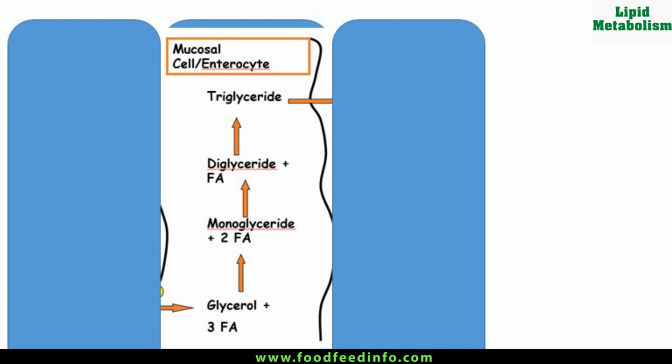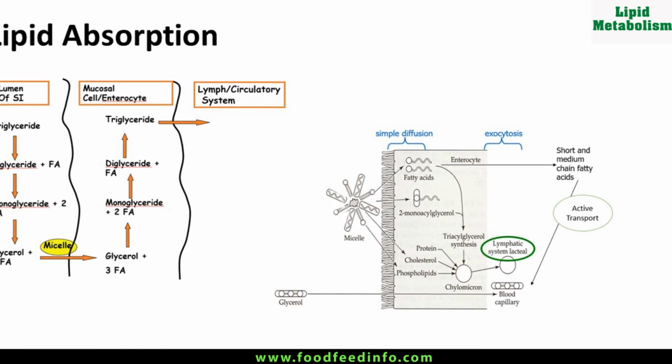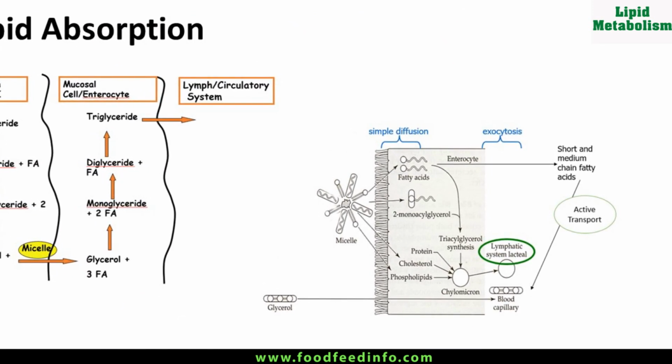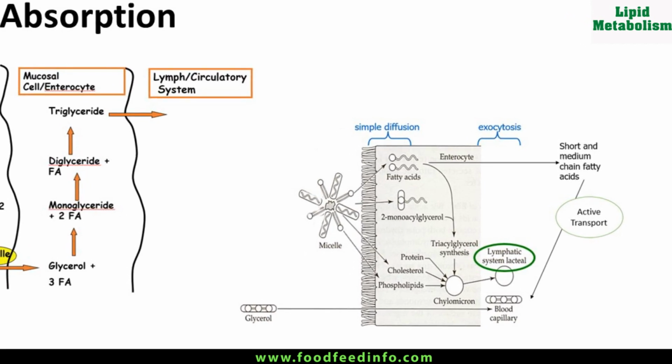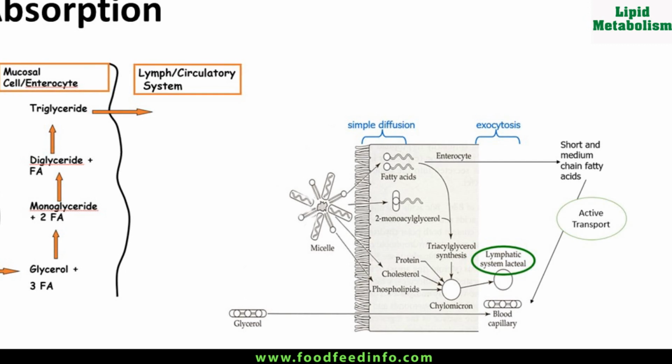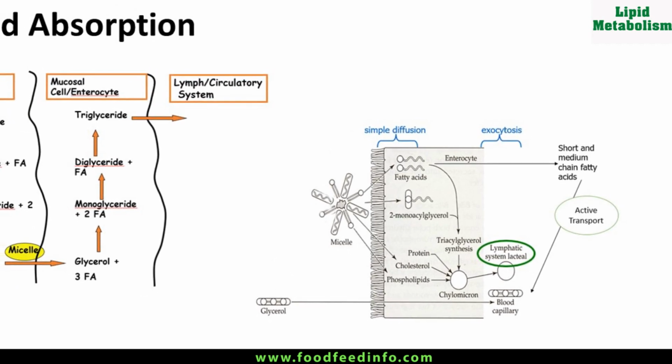So they are coated with a protein layer that stabilizes the lipid for transport in lymph and blood, as there is an aqueous environment. In the Golgi body, the carbohydrates are attached to the protein, they make a coating, and that is known as glycoprotein, and they act as signaling molecules. So these protein coated lipid droplets are called chylomicrons, as we have discussed. So this is just a little in detail.